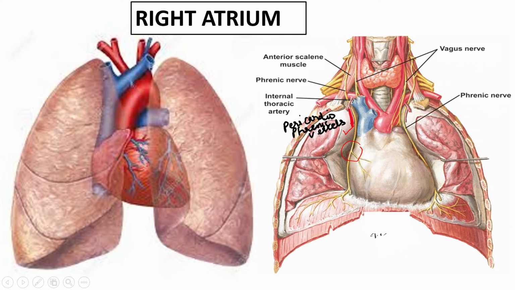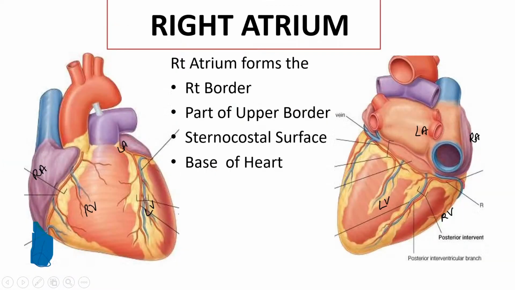So, these structures will be forming the right relations of the right atrium, lying between the pericardium and the pleura. Posteriorly, the right atrium is related to the left atrium along with its pulmonary veins. So, these are the relations of the right atrium to the lung and pleura, and it is covered over by the pericardium. Now, the right atrium is lying on the sternocostal surface of the heart,